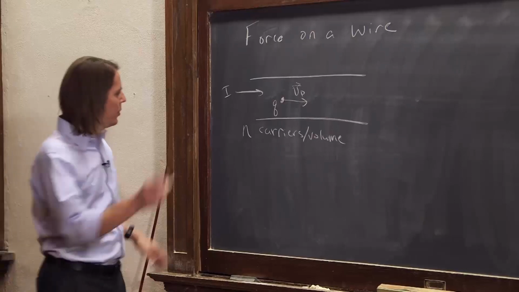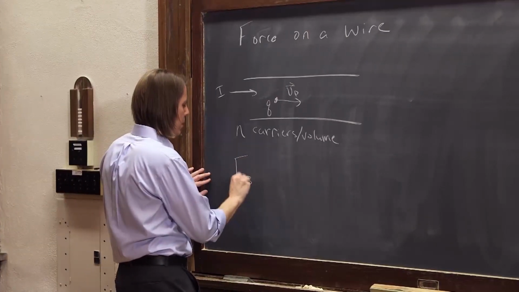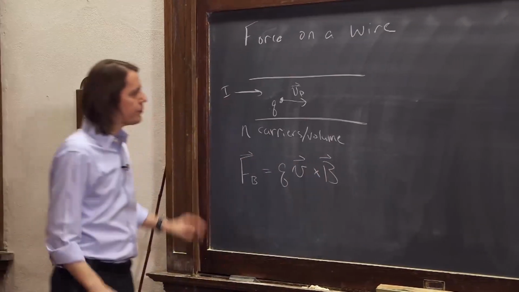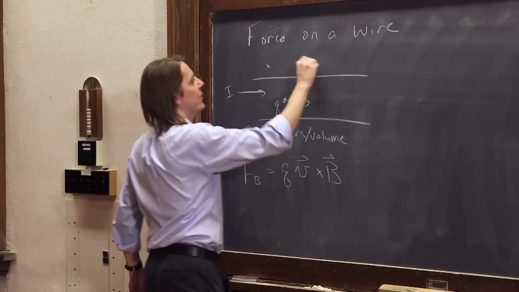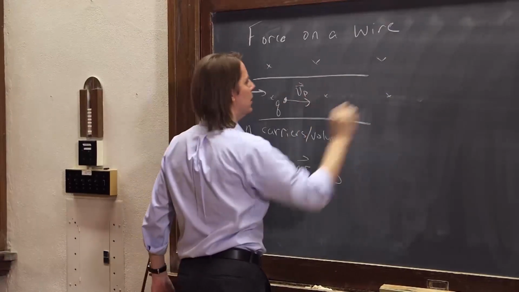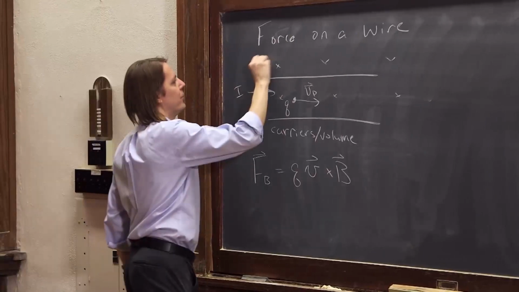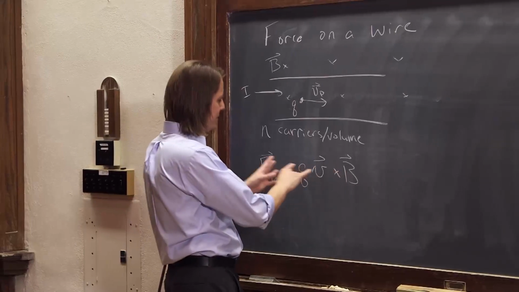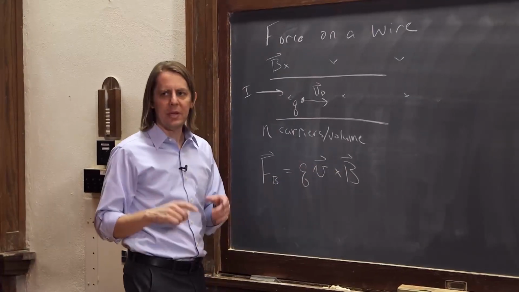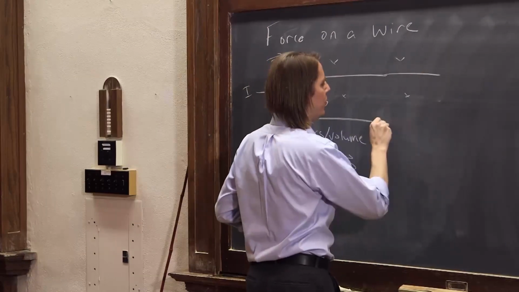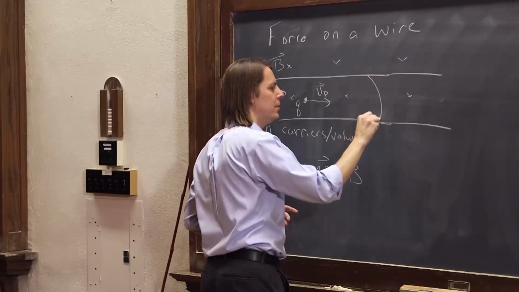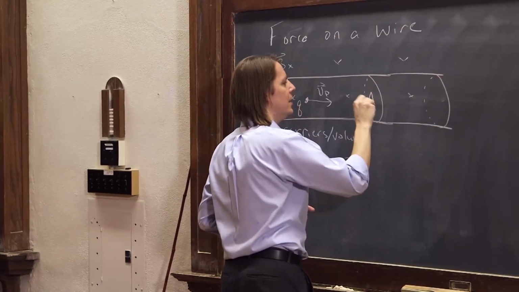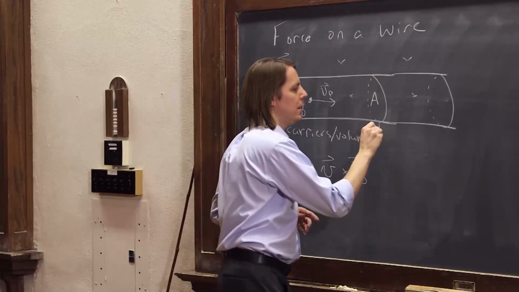So let's start with the standard expression, FB, for a free charge. It was q v cross B. And of course there is a B field present here, sticking into the board. It doesn't really matter the direction right now. Now we want to apply this force to all the charge carriers in a piece of the wire. So we make the wire a little bit longer and grab a little cylindrical section of it, with cross-sectional area A